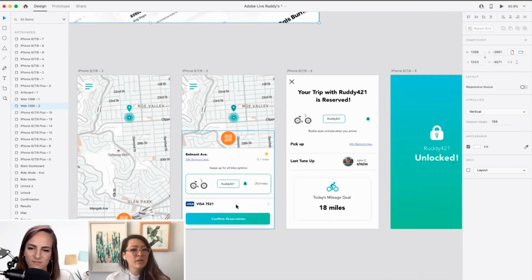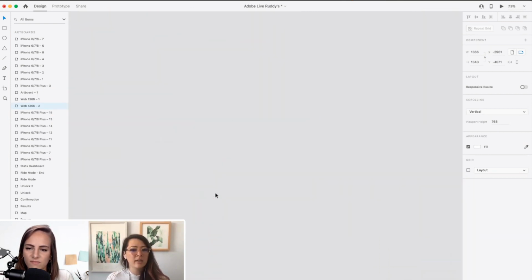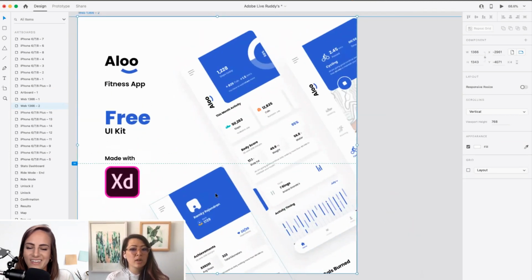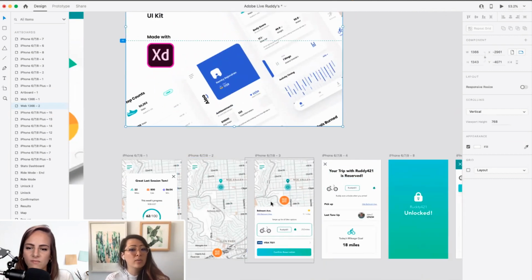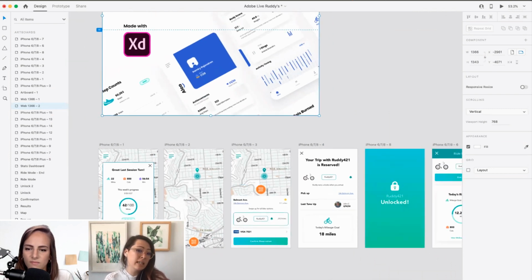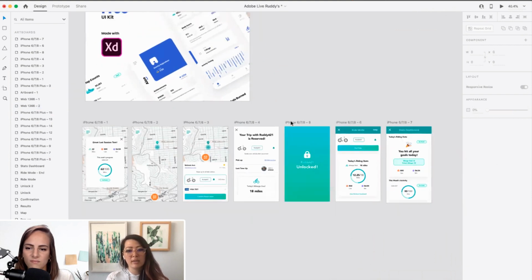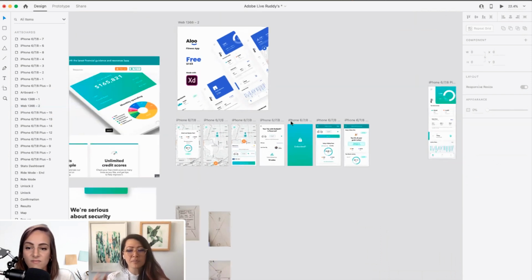So this is how you can use UI kits and start to place it initially into your design, and then in the next phase, start making it more your own. Start putting your own branding and look and feel into it. Like this is one I took from Mint, but you can create your own colors and your own typography and start to have fun with it after you've already gone through the UX experience. So we did that pretty quickly, like 30 minutes or less, to start applying the new UI.